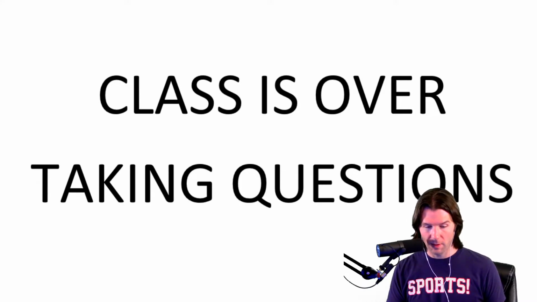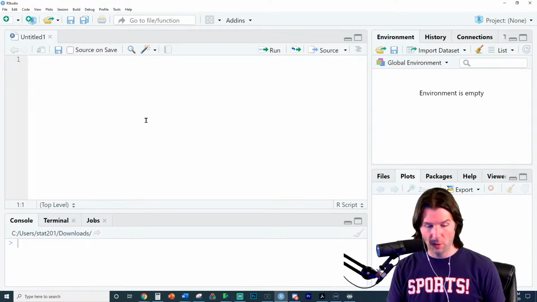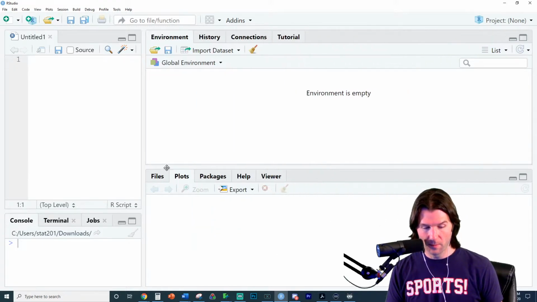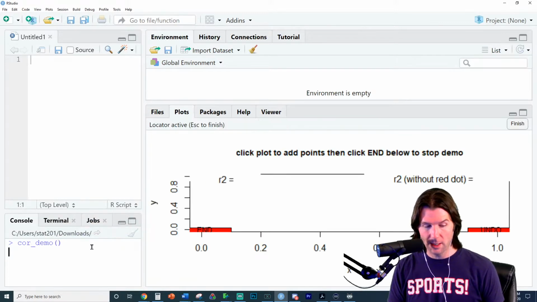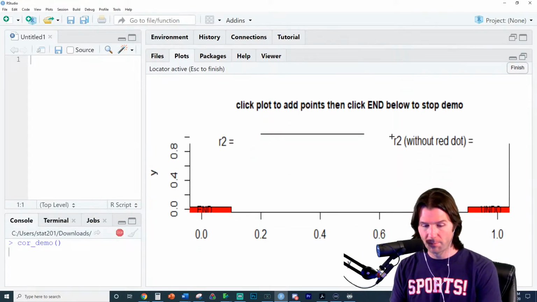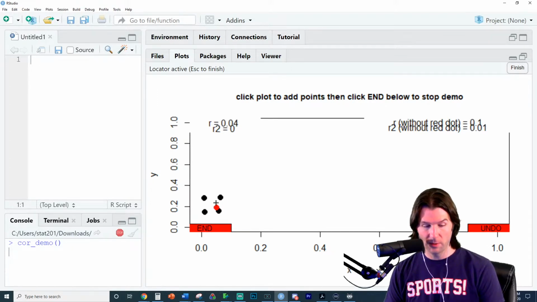You can have values of correlation. Look, magic. We're over here now. So if we do the correlation demo right here, the reason you don't want outliers is because you could have a correlation that's basically equal to 0. And if you look, this correlation here is extremely weak. It's like equal to basically 0.